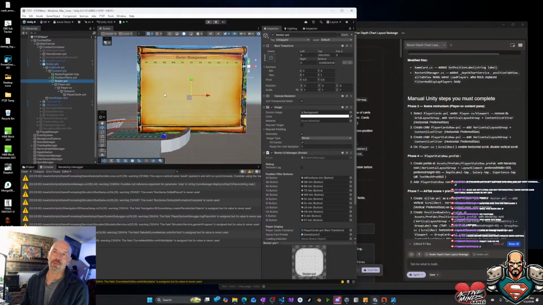here's the deal with roster management and why I wanted to get it going. It's a key element of the game. And being able to see all your cards is going to be kind of a cool feature to have when I do actually do a demo. See the cards, look at the cards, sort the cards, move around with the cards. That's all kind of a key part of the demo, even if it's not necessary to doing the simulation. For the simulation, I only need the playbook and the game plan,